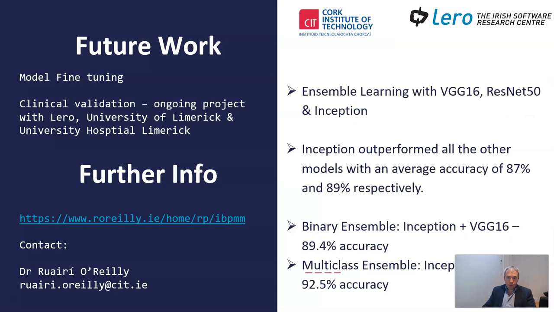So to conclude, we presented an ensemble learning-based approach with 3 transfer learning models, VGG16, ResNet50, and InceptionV3. Inception outperformed the other models with an average accuracy of 87 and 89% respectively. For the ensemble-based approaches, binary ensemble saw Inception and VGG16 with 89.4% accuracy, and the multi-class ensemble saw Inception and ResNet with 92.5% accuracy. Now, our intent is to continue this work with model fine-tuning, and we're also carrying out